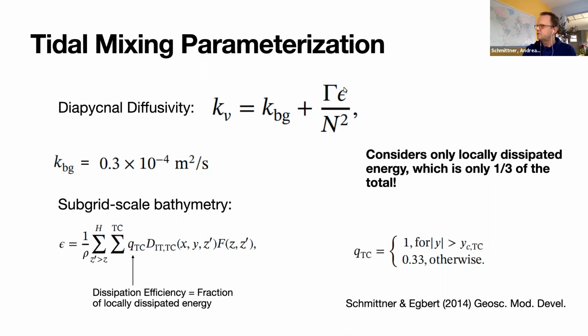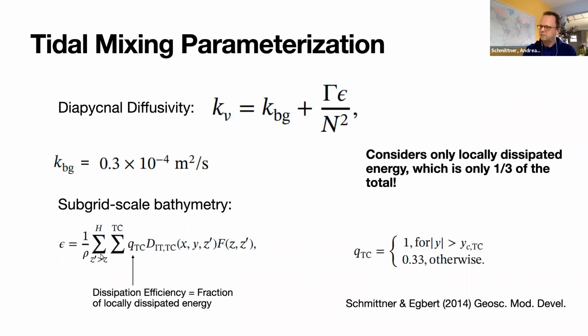Gamma is the mixing efficiency, epsilon is the tidal energy dissipation rate that comes from the tide model, divided by N squared. And the tidal energy dissipation rate is calculated here by the sum over all the tidal constituents, TC,